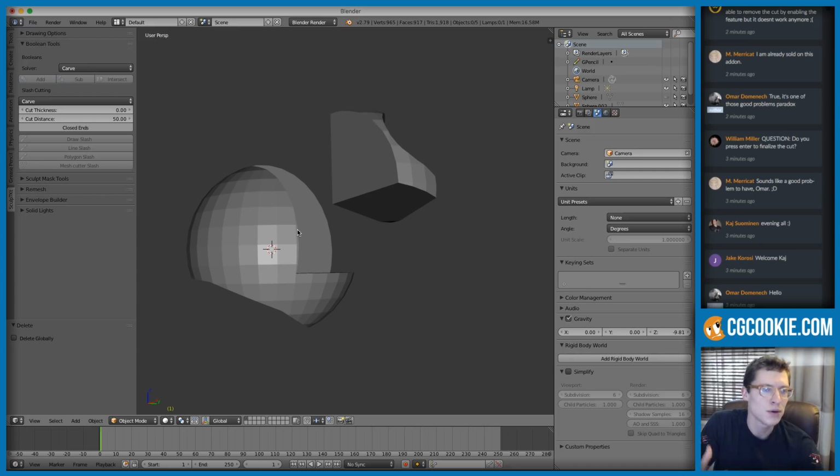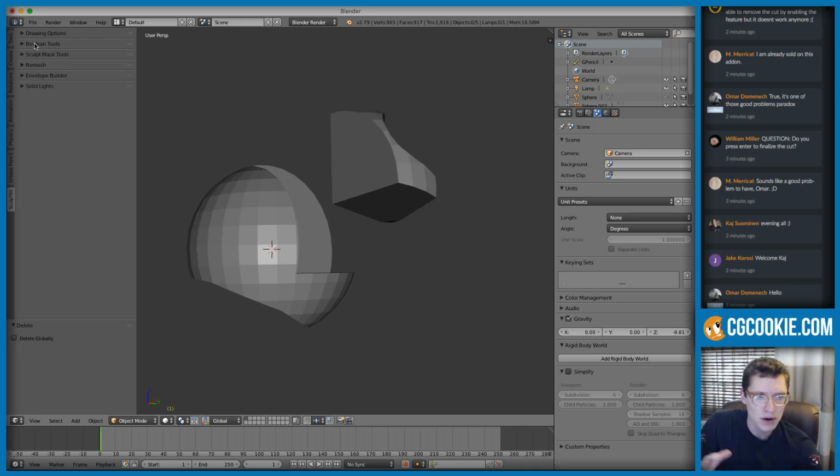Overall, a very thorough set of tools using the grease pencil and using just Booleans. I like how this is organized. I like the functionality there. Let's move on to the mask tools, which